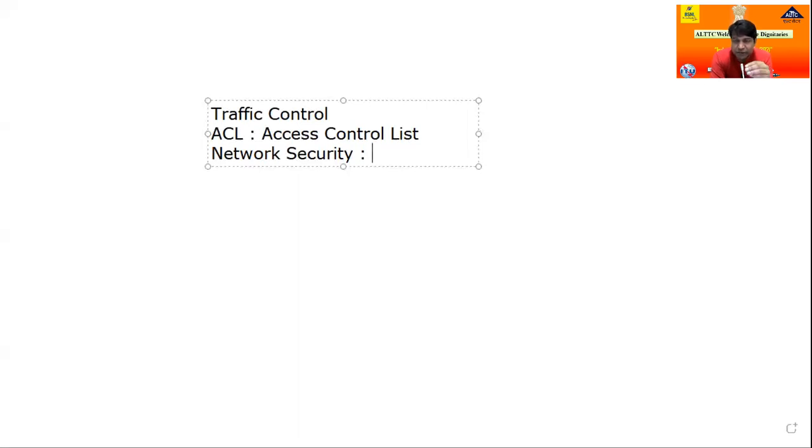We have already discussed the OSI layer. In the OSI layer, we discussed there are 7 layers. Three layers, application, presentation, and session, are related to user support. The other layers are the network support layers. In this case, routers, switches, and physical devices. And the third is the transport layer. So the network security layer, definitely the boss is the router. So the router and its network that we configure is known as the network security layer. This is a part of cyber security, how to manage the whole network.